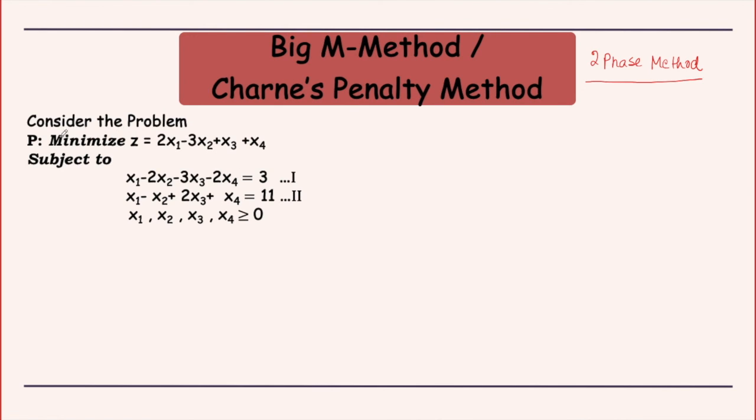Now let us start with the problem. This is my initial problem: minimize this particular expression. This is also a solved example from your prescribed book, so I am taking that, and here I have 4 variables. Although I already have equality constraints, I do not have variables which could serve as basic variables for this problem. Why? Because there is no variable which has a coefficient 1 in one of the equations and coefficient 0 in the other. Only that variable will become a basic variable, or give me the identity matrix in the simplex table. So what do we do in this case?